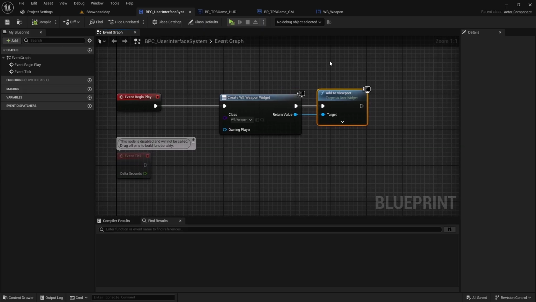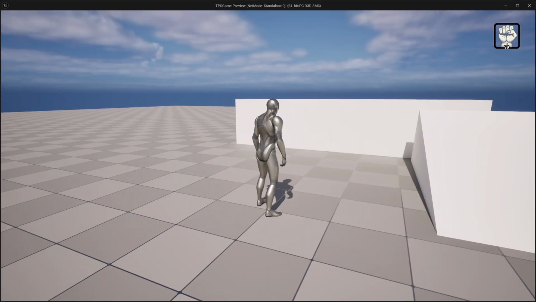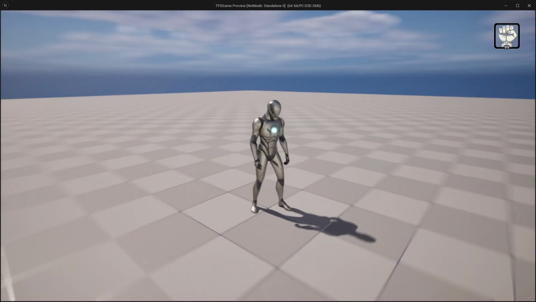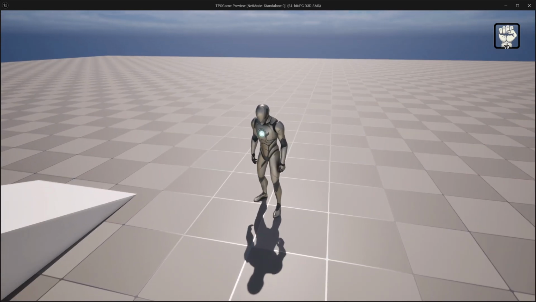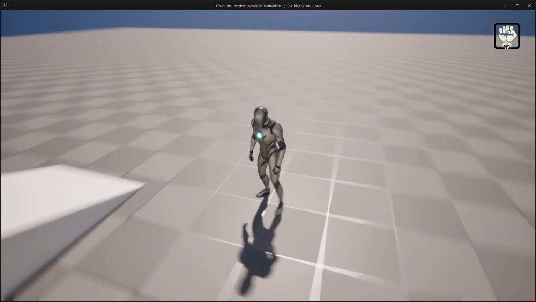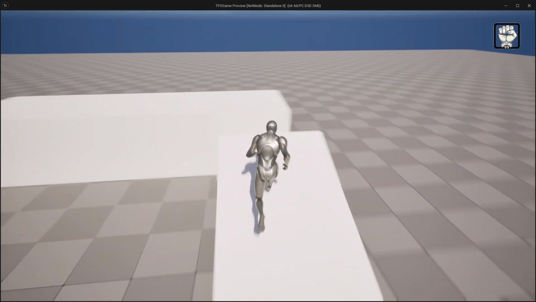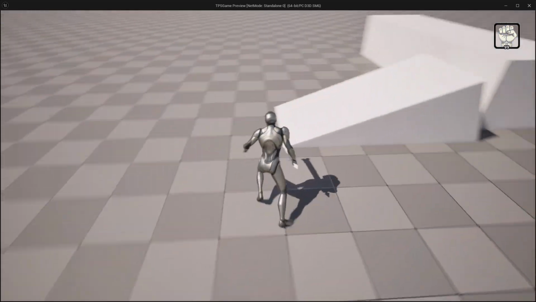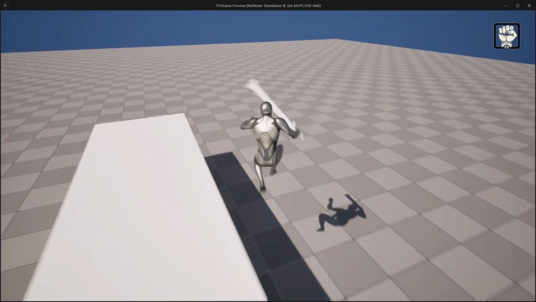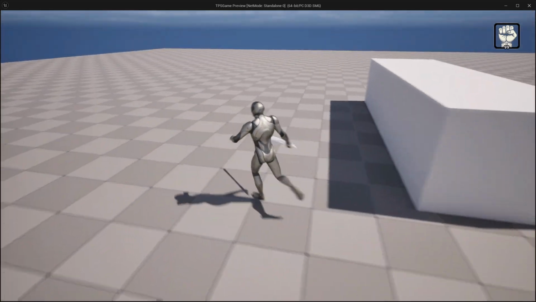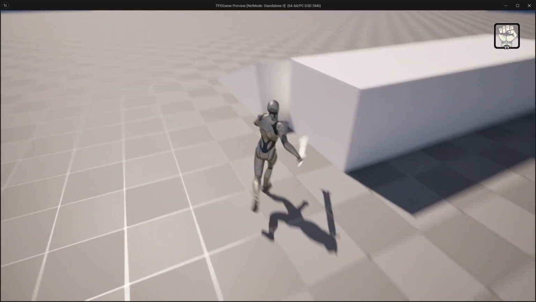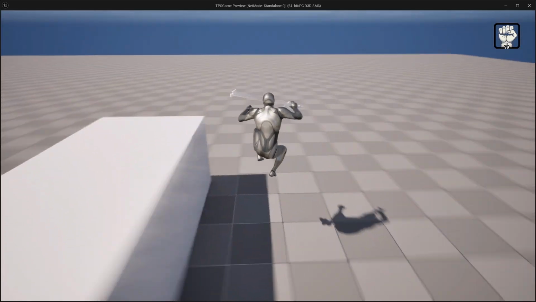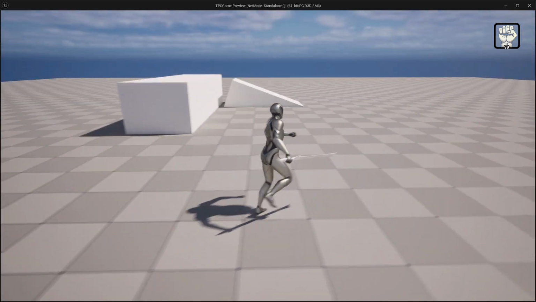Right. So in the previous tutorial, we started implementing our HUD. As the first step, we added this weapon icon, right? Currently it's not updating in real time. It just stays there as a placeholder, right? So now let's see how we can actually update this weapon based on the weapon that we currently have